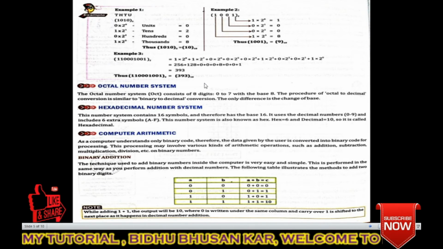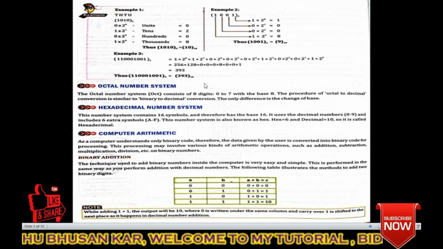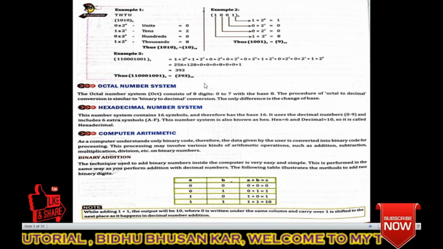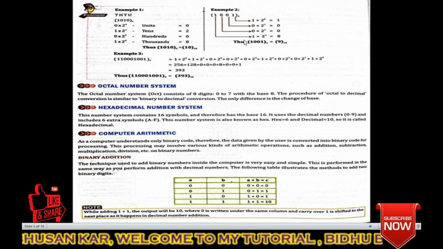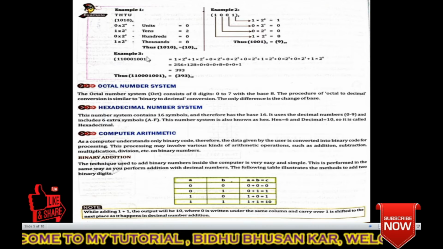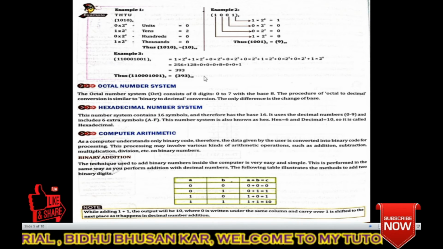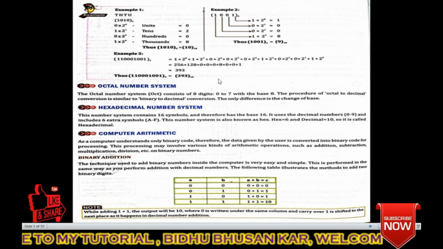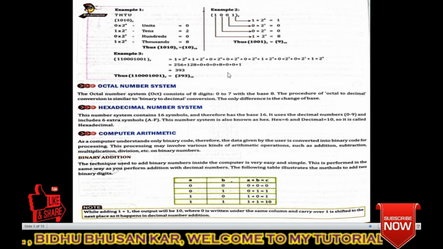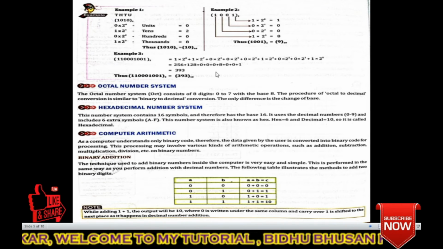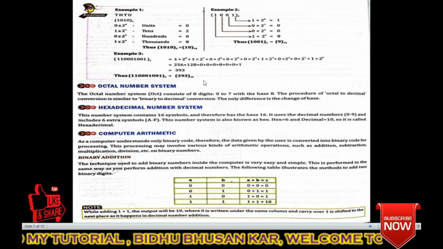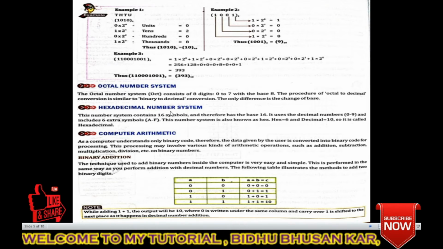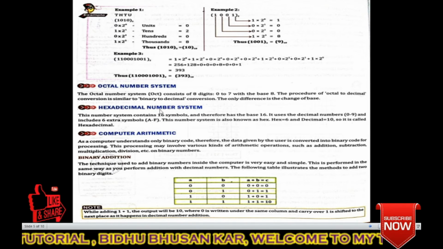Understood or not? In this way we will convert binary to decimal. Okay. In the previous part, what have we learned? Decimal to binary. Decimal to binary will require division, then reading from LSD to MSD or MSD to LSD. MSD to LSD. Okay. Here, what is it? We have to multiply. Okay. So then octal number and decimal number. Like we have read, the decimal number system has base 10, the binary number system has base 2, like this the octal number system has base 8. Okay, then hexadecimal number means 16, it has base 16.